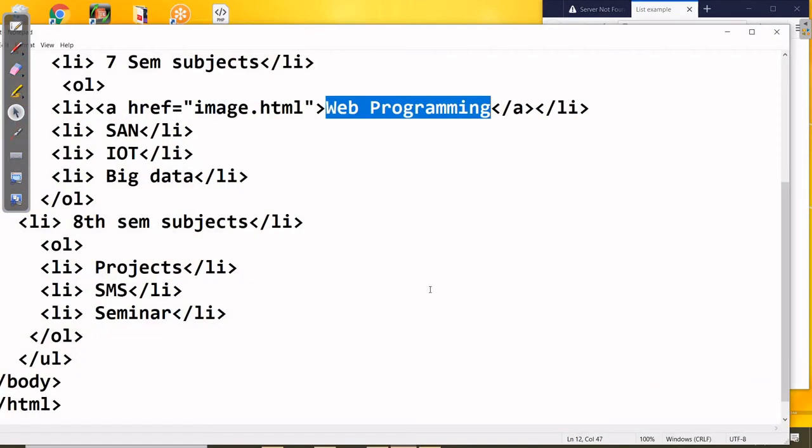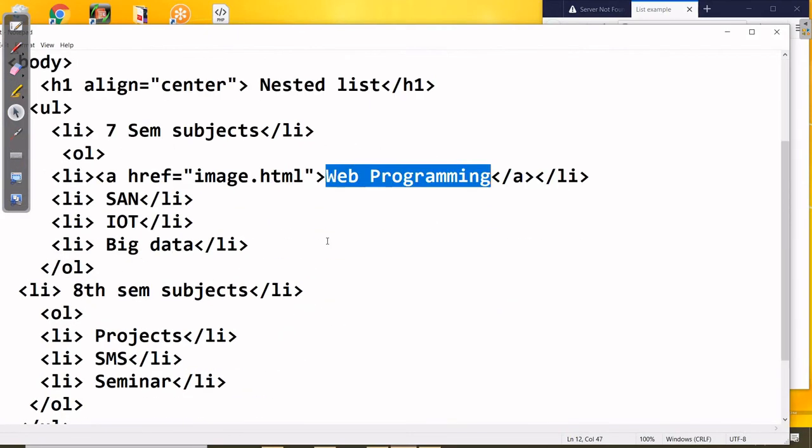Right. So with the help of the nested list, you can add not only one by one, but multiple items under an ordered list. One more ordered list you can add inside the one ordered list, like creating a menu and submenu. Clear? This is very important for the video examination: UL means unordered list, OL means ordered list, and another thing is the list item, and the nested list is one other way. So this concept is clear.